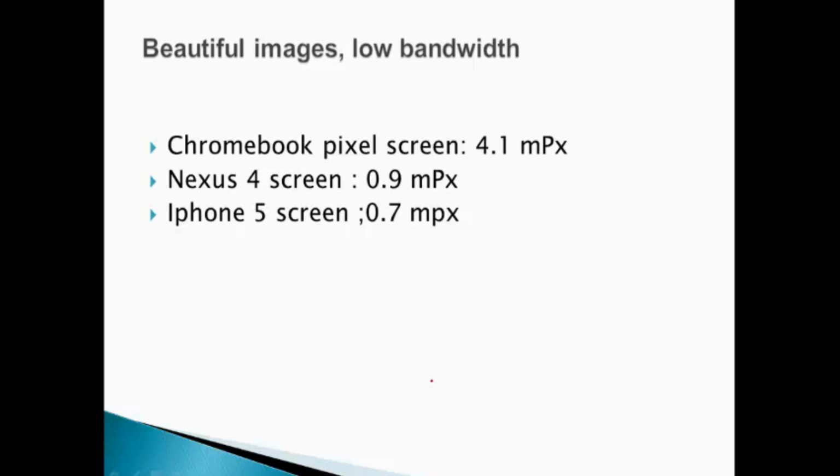Different devices have different display density. Some of them can make use of a lot of pixels. Some of them can't. In a sense, what you need to do is to produce contents that can be standard definition.